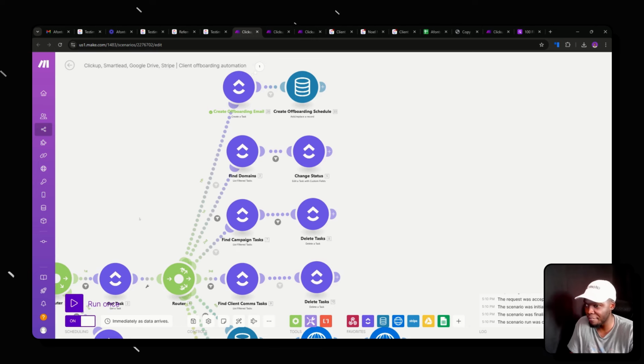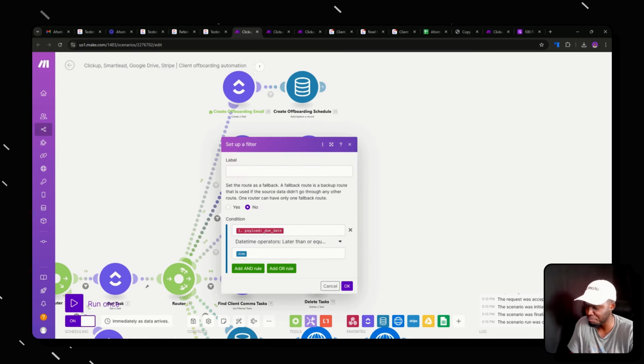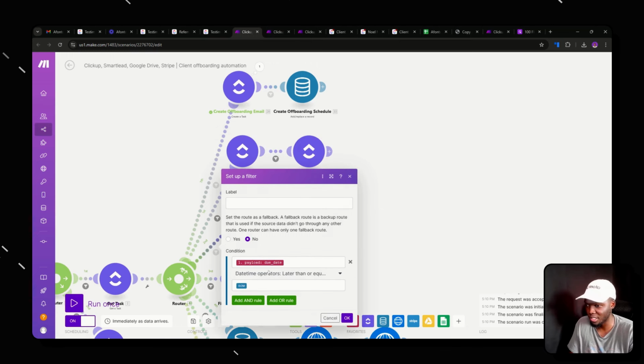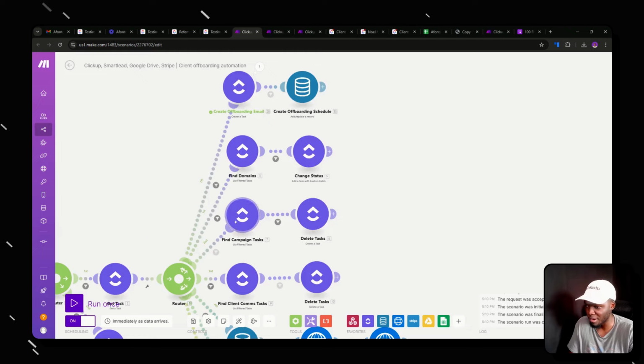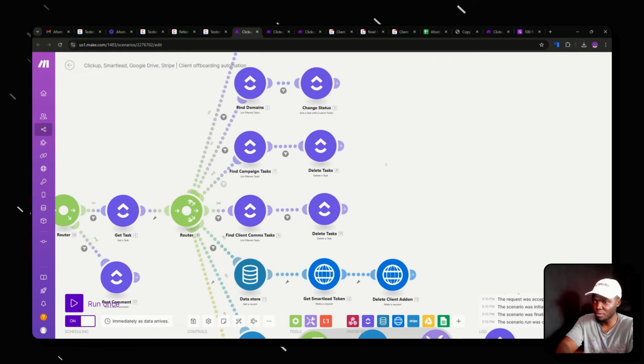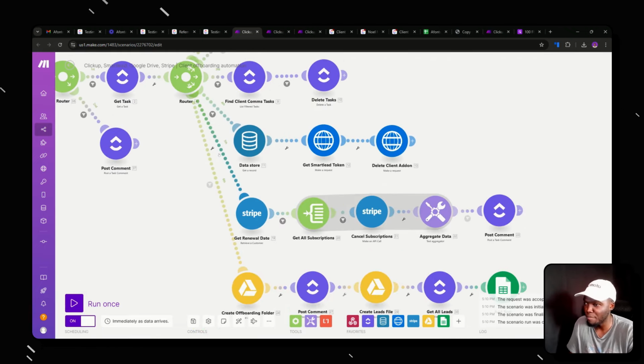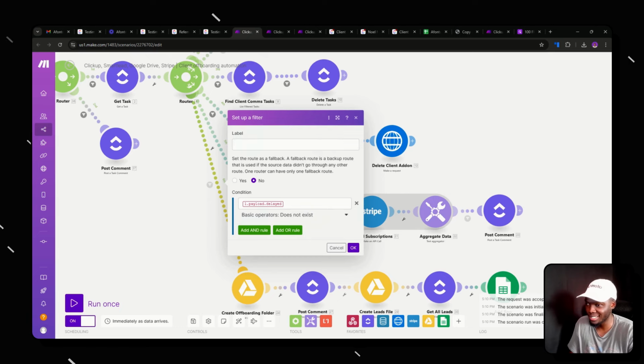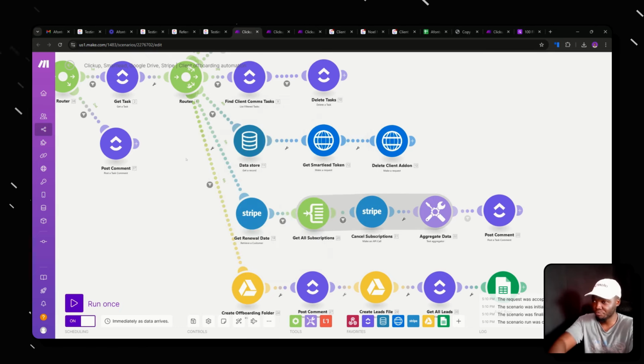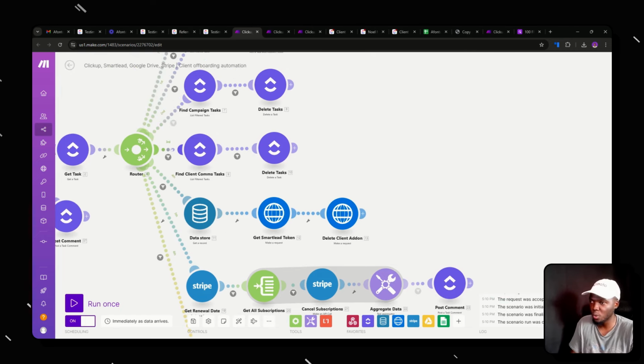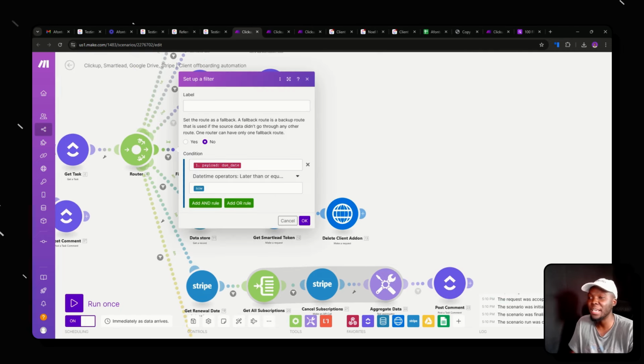And over here, every single one of these has a filter, which is like due date is later than or equal to now. So due date is later than or equal to now. And it's not for everything, right? So for example, in the Stripe one over here, it's not there. And in this one, it's a different one, which is delayed does not exist, right? And I'll explain all of these, right? So due date is later than or equal to now basically means that if the due date in this particular case,